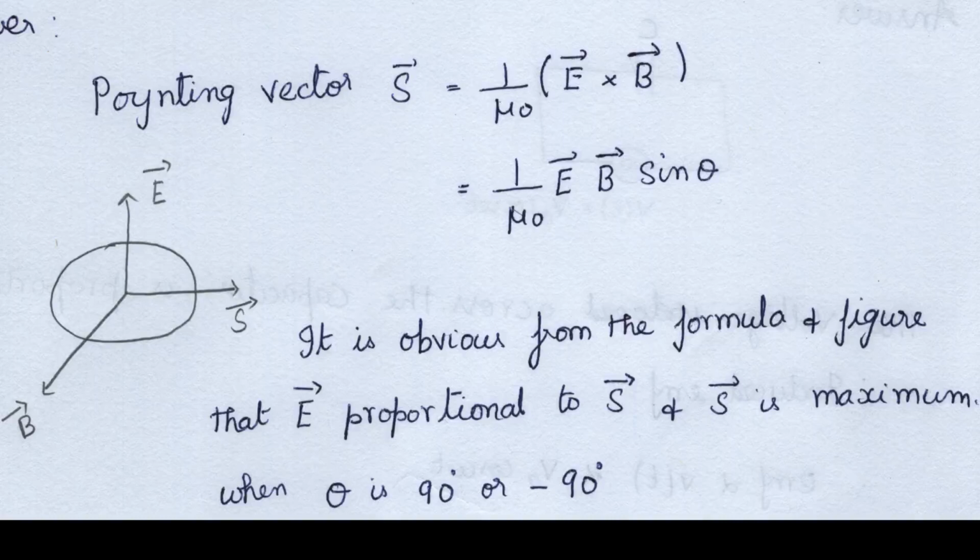And the electromagnetic wave induces an electrical signal in the loop. They have asked at what angle the pointing vector will make with the plane so that the electrical signal that is generated has a maximum value. We know that the pointing vector has the formula S vector is equal to 1 divided by mu naught, E vector cross B vector. That is, 1 by mu naught E vector B vector sin theta. So it is obvious from here that the pointing vector has a maximum value only when theta value is either 90 or minus 90 degree. So the answer for this question is 90 degree.